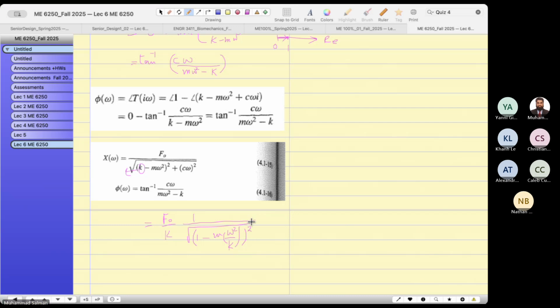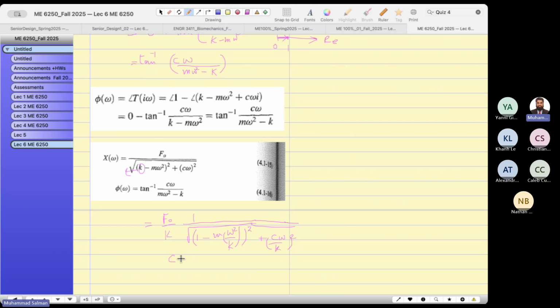So the k square is taken out, and then this can also be written as c omega over k, whole square,